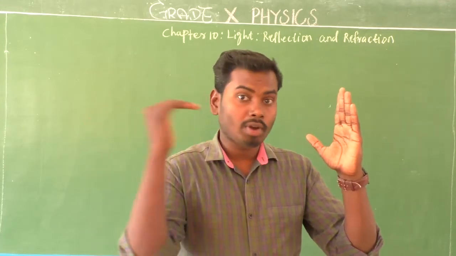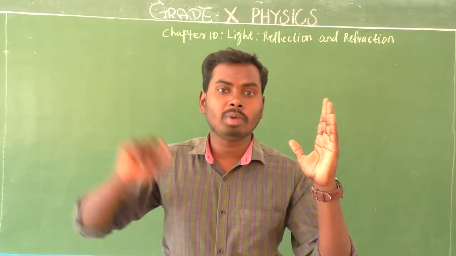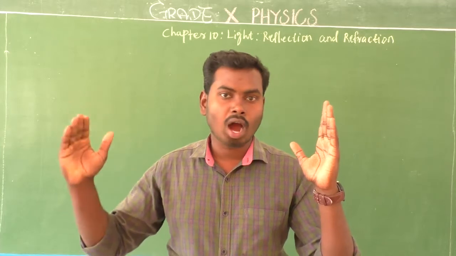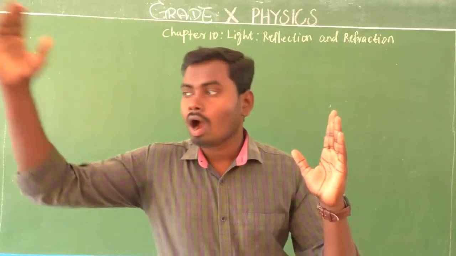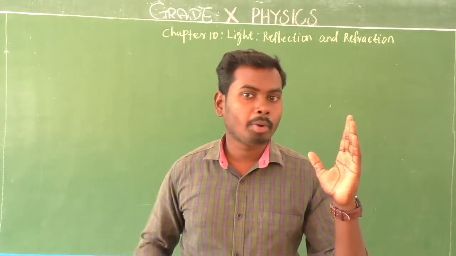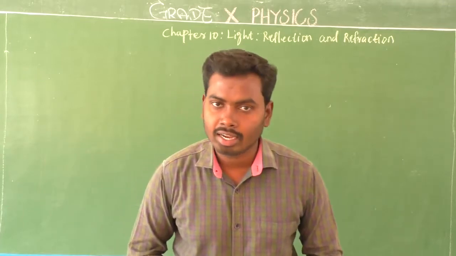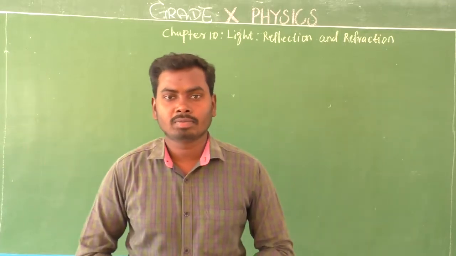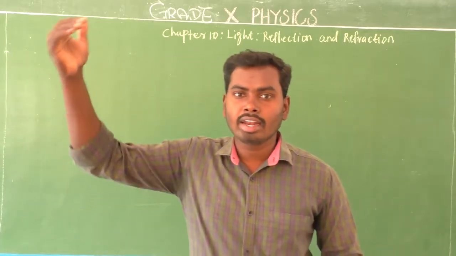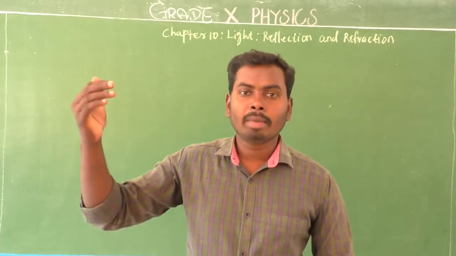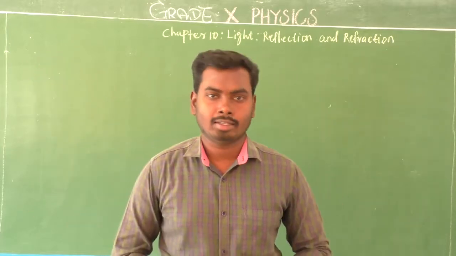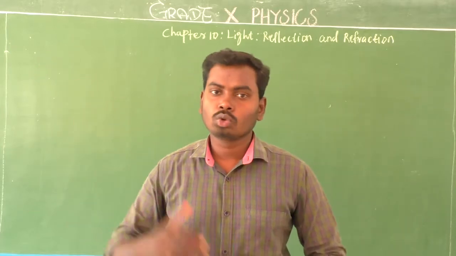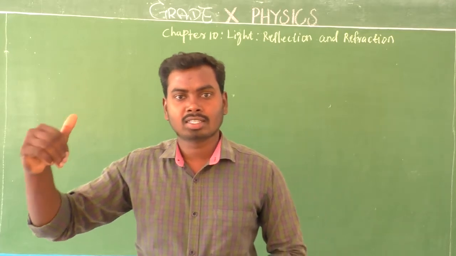So if the object is placed at 2F', from the convex lens, where will the image be formed? Here the image will be formed at 2F on the other side. Note this point, very important, on the other side. Is it clear? Yes. So what is the nature of the image? Actually the nature of the image is a real and inverted image, because here the image will be formed below the principal axis. Below the principal axis, so that image is considered as a real image.